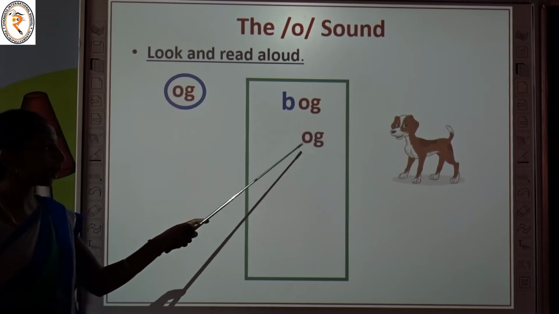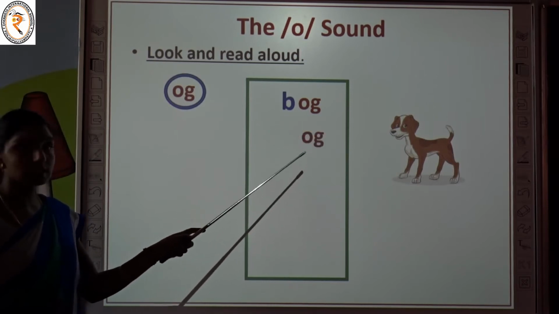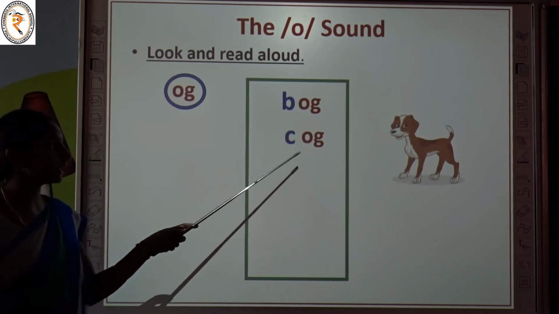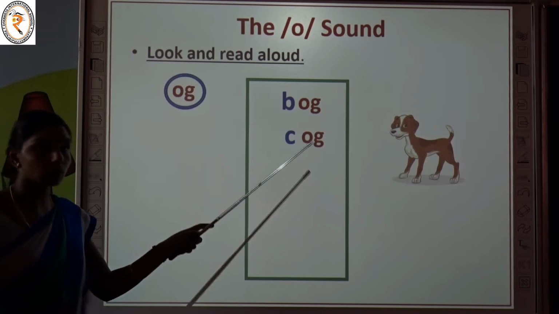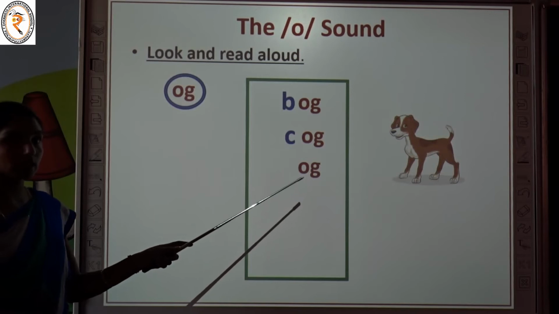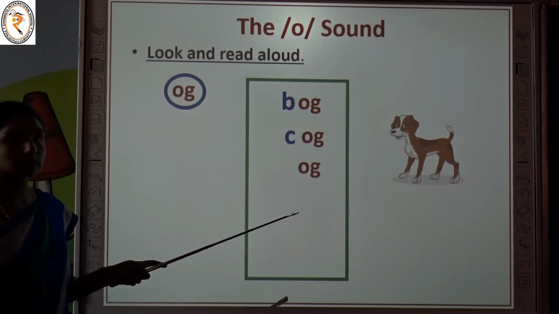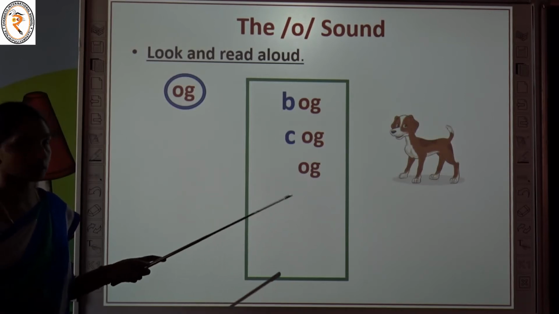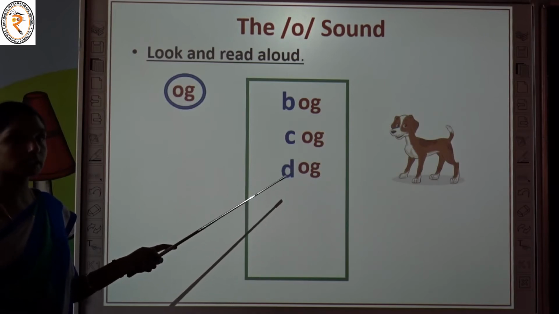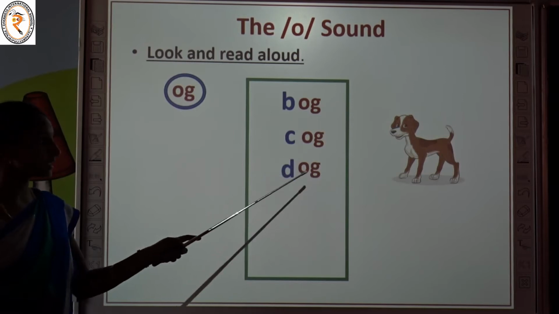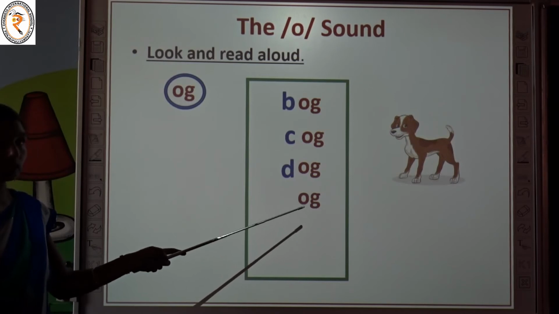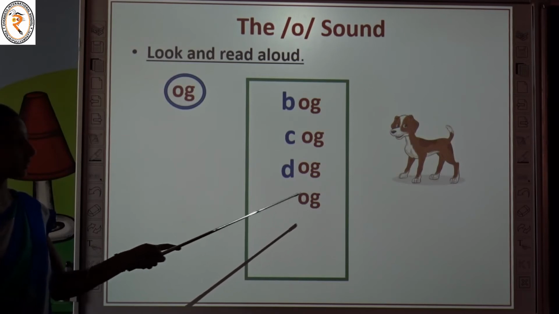Very good. Og is there. We have to pronounce this as og. Very good. C is added. Ik plus og, cog. Very good. See here, again OG. Try yourself. How can you pronounce these letters together? Og. Very good. Now the letter D is added. What is the sound of the letter D? Id. Id plus og, dog. Very good. Again we have OG, which is pronounced as og.